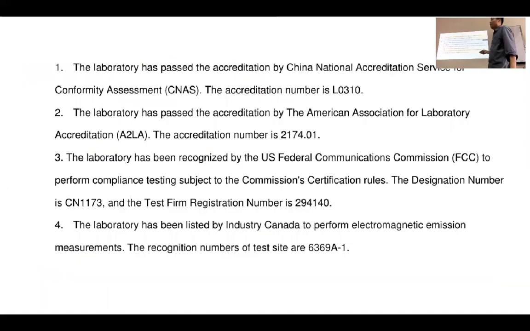All right, and make sure, in the example of the test report there, they will write that this laboratory has passed accreditation by whom? Okay, CNAS. And what is this number? If you don't believe it, you can actually check with the DSM whether this is correct. Most of the time, because our reference point is always DSM, you have to check DSM.